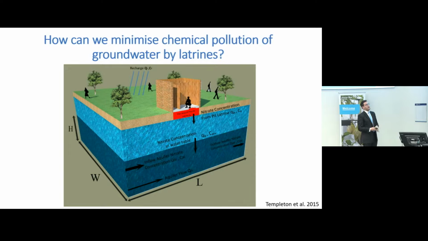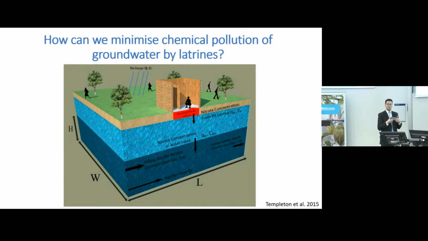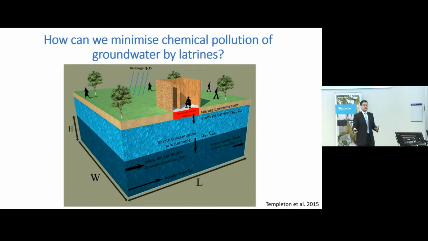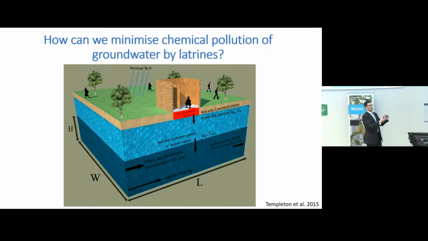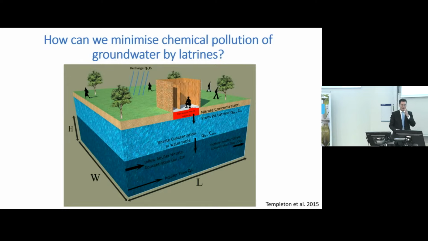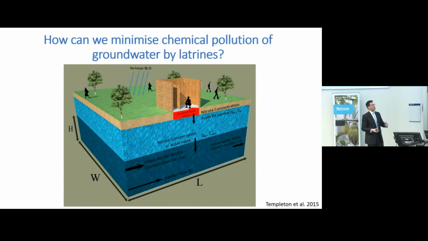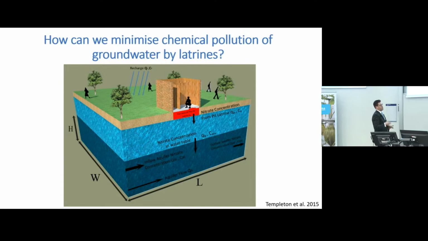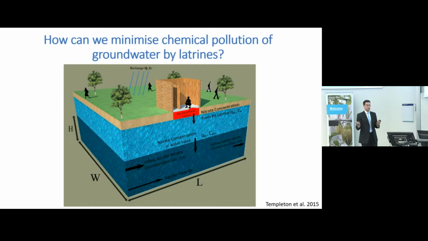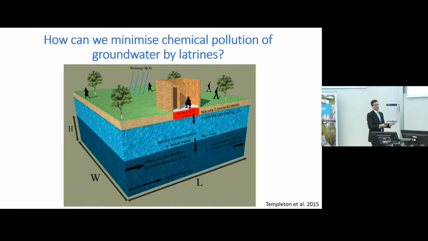And there's quite a lot of guidance out there in terms of microbial pollution of groundwater, but Adrian and I were involved in some research where we looked at how chemicals from the latrines pollute groundwater. For example, nitrate, which comes from the organic nitrogen in the waste and is a transformation product from that waste. And it's quite a complicated problem, actually. You have to think about the soil characteristics, the level of the groundwater, the moisture of the soil, whether the biological processes that are there are going to be the right ones to form nitrate or even to destroy nitrate in the soil.